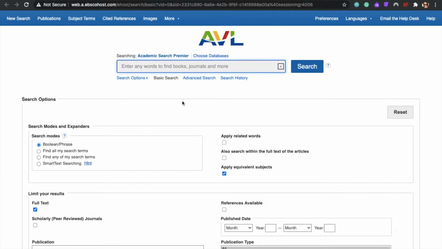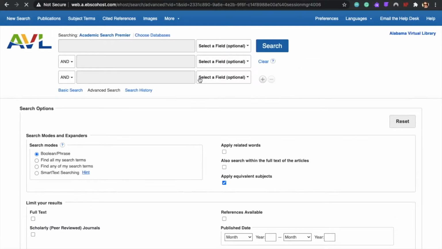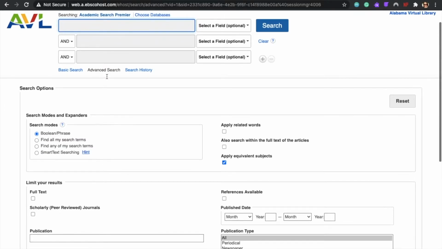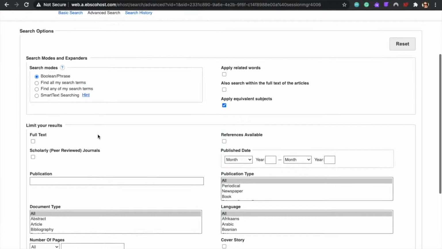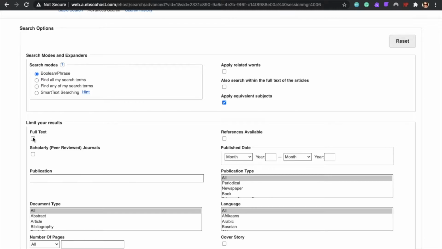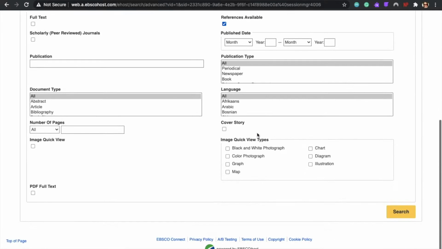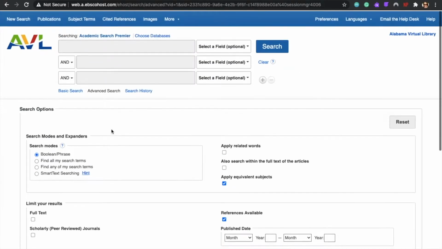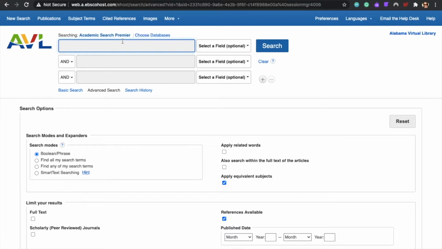I advise all of you to go over to this advanced search function because it'll serve you a lot better in the long run. This advanced search function lets you search more than one phrase at a time. It'll also let you go full text. If you want something within a certain year, you can certainly do that. And you can also get things that are readily available via PDF. So let's do a search really quickly.